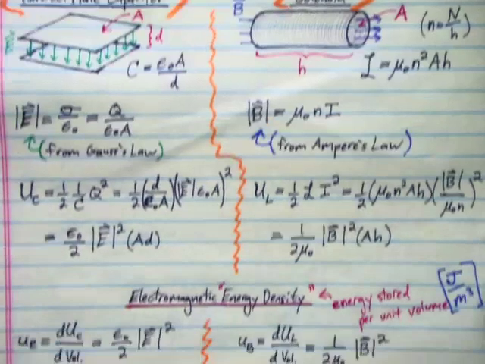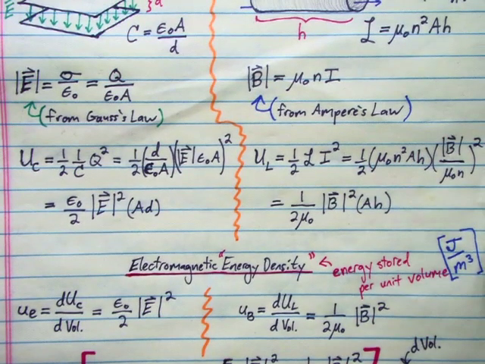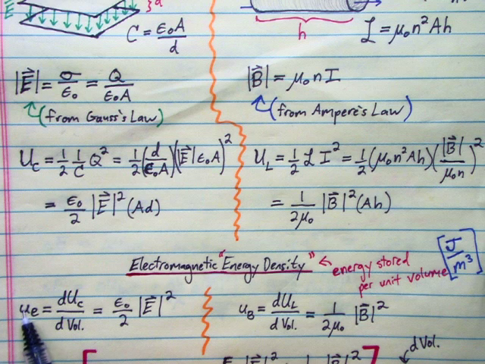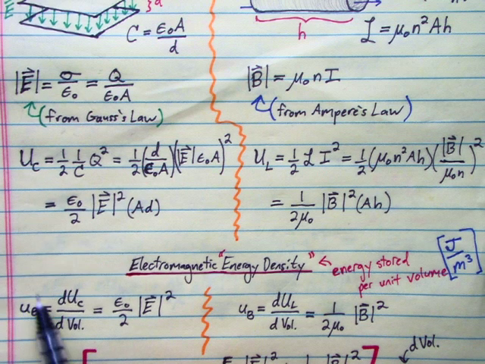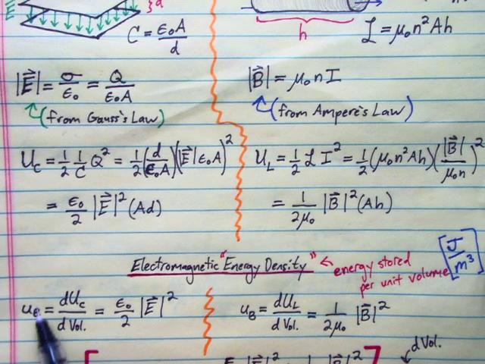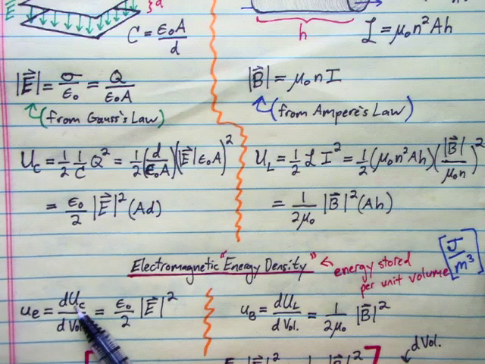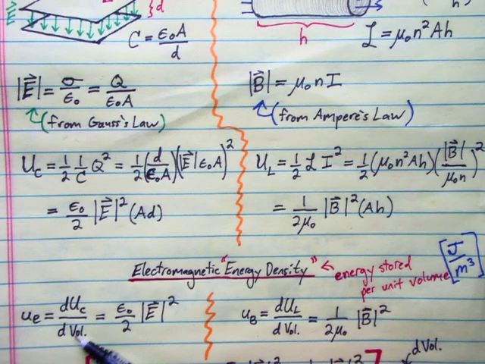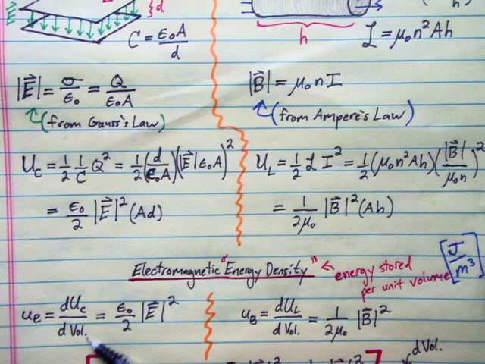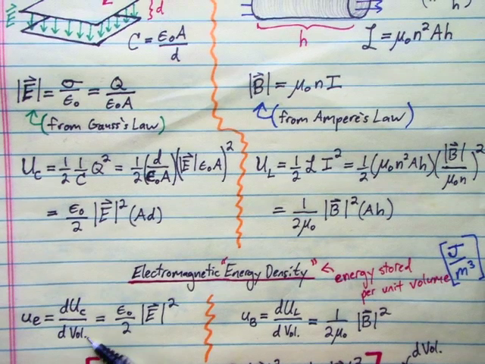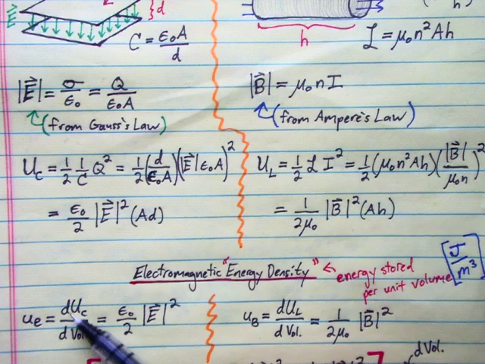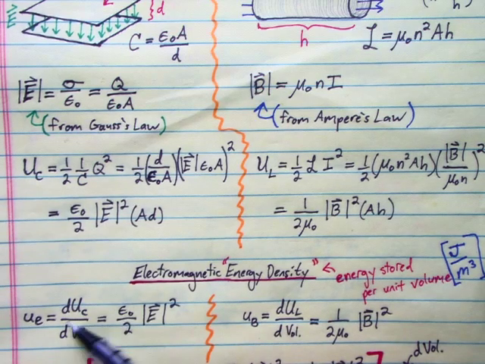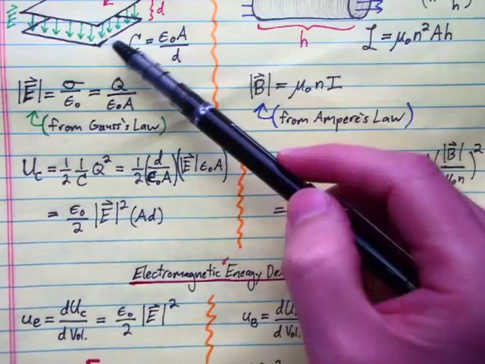I said divide, but really we'd be taking a derivative here. So I'm now defining two new things. This is a lowercase u here, u sub e, for the electric energy density, or the energy density in the electric field. That is the derivative of this with respect to the volume here. Since capital V is potential, I'm just going to write VOL for volume, so we're not confusing that V with V for potential. So du_e d volume, this represents the energy per unit volume stored in the space between the